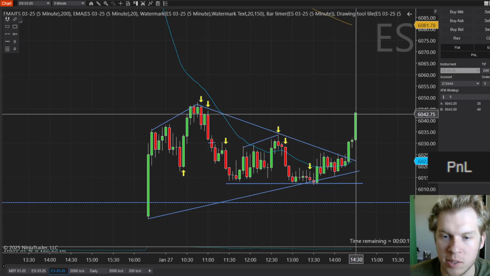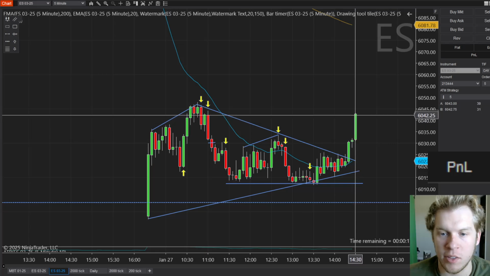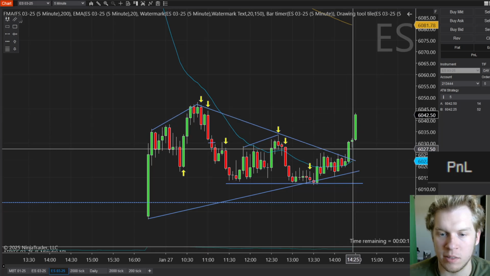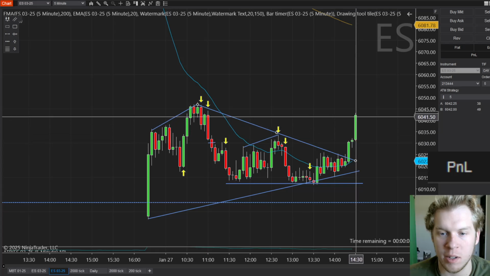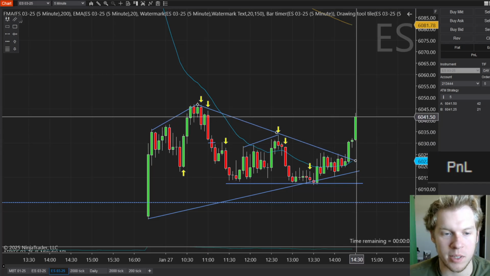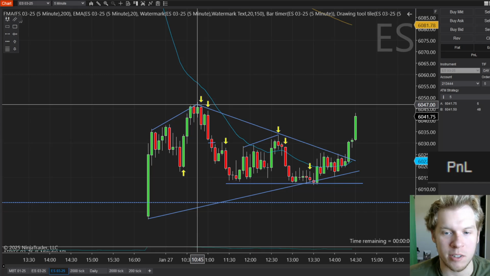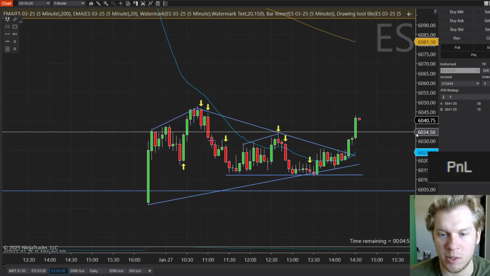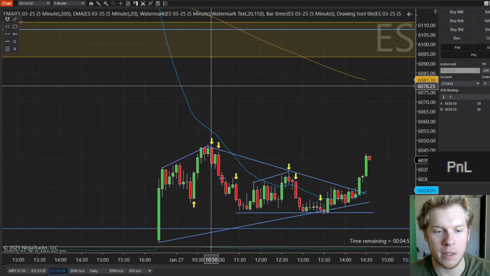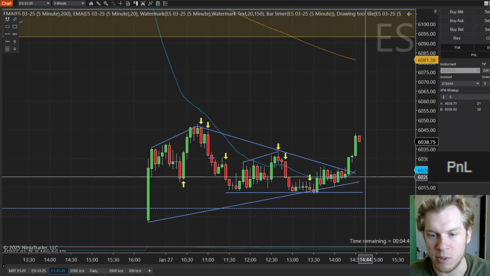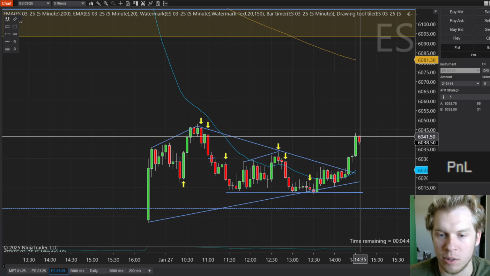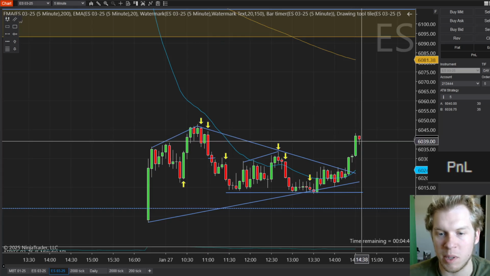So a bit of a surprisingly large bar here. And I think we'll get a little bit more up after this, because we've had 3 bars here, basically breaking out of this. We'll probably get a little bit more up, but I think what's going to overrule this breakout attempt is that we are getting high up in the range. And a few things are going to work against this. We're high up in the range, we're in a larger bear trend, and the apex of this triangle is still below. So I think people buying into this are going to struggle to make money, and more likely